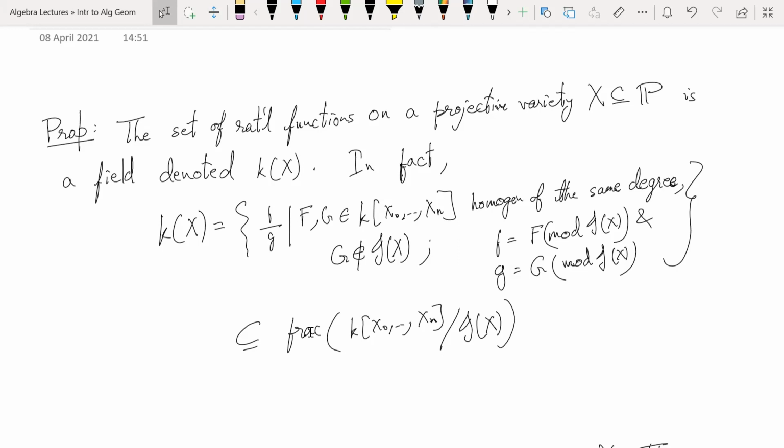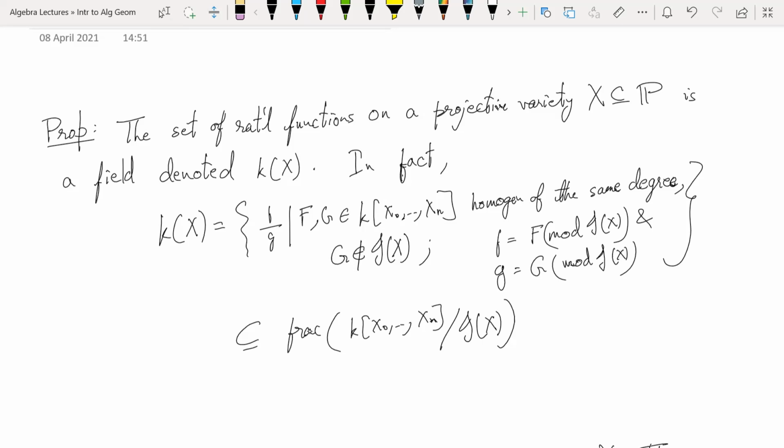So with that in mind, you can show that every rational function gives you a fraction like this. And say two rational functions give you the same fraction, then the two rational functions agree on an open dense set. And conversely,